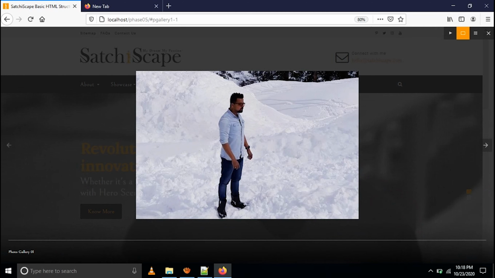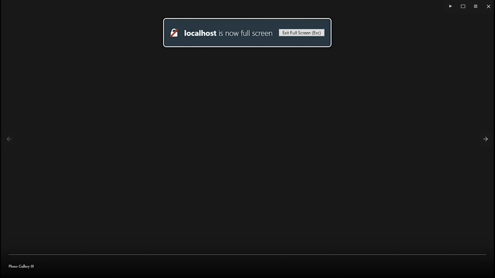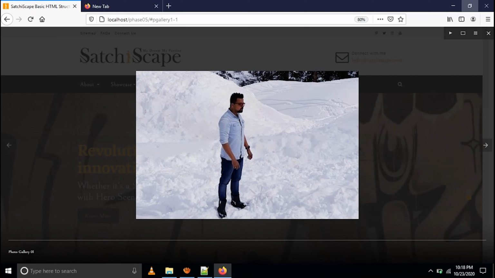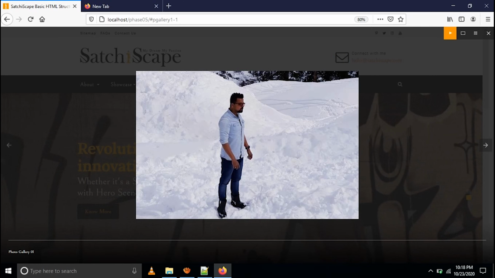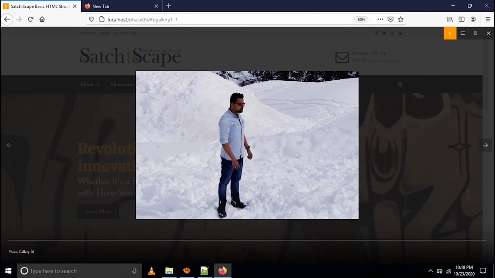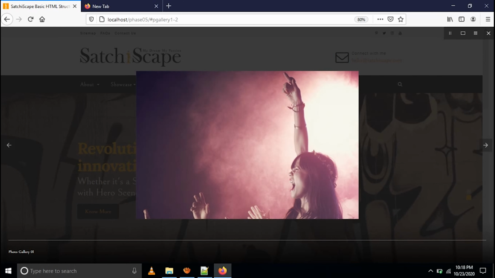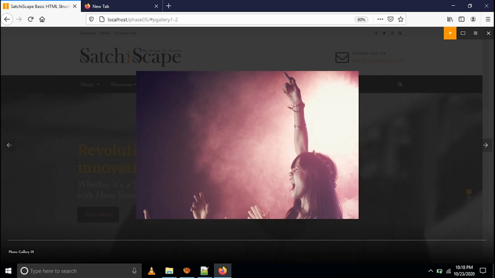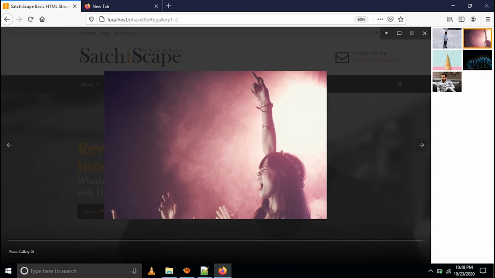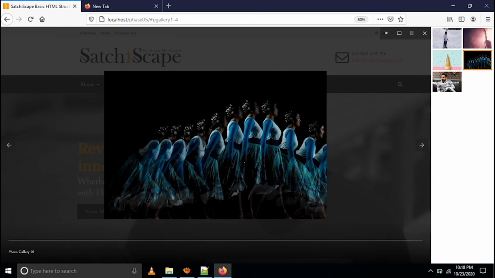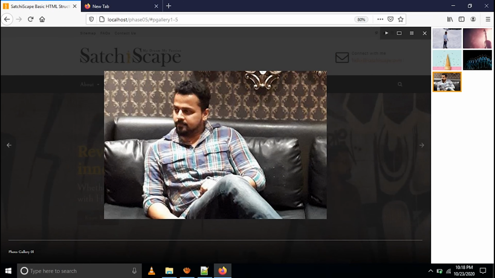There are options to make it bigger, or you can make it full browser. Or else you can run your file, and automatically it will run. You see, it runs automatically. You can pause here. Then there are thumbnails. You can see multiple thumbnails here. Okay, the orange color you can see is as per your brand orange color.